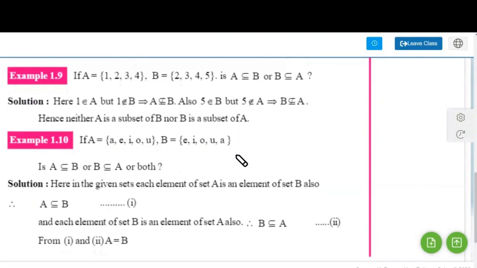Next example says, if A is 1, 2, 3, 4 and B is 2, 3, 4, 5, is A a subset of B? Let's check. A has the elements 1, 2, 3 and 4 and B has the elements 2, 3, 4 and 5. So if you see, 2, 3, 4 is common in both of them, but not everything. In that case, this is not true,